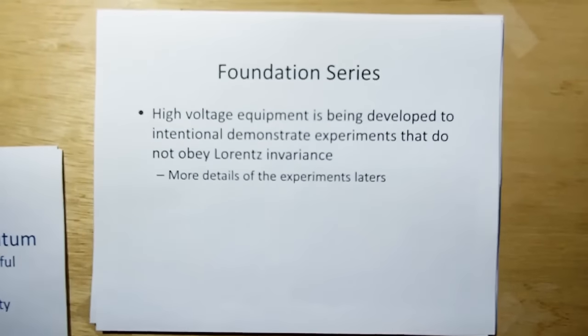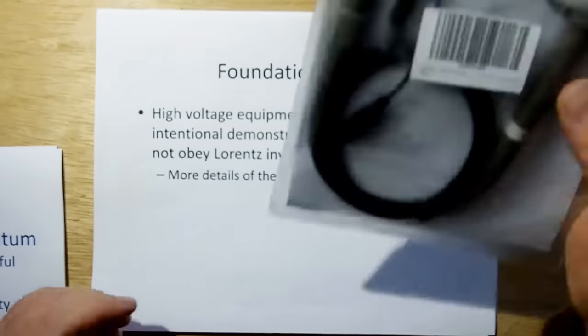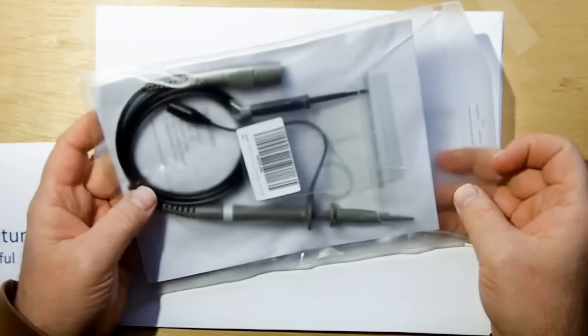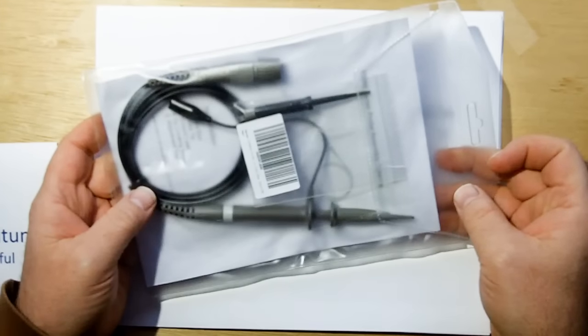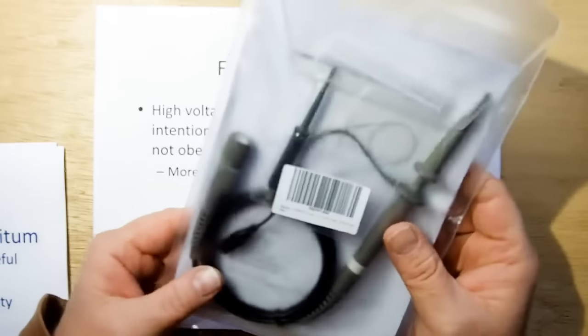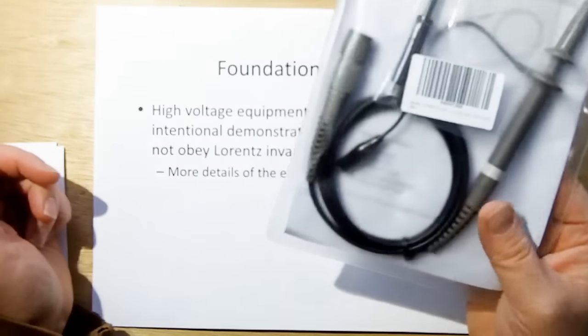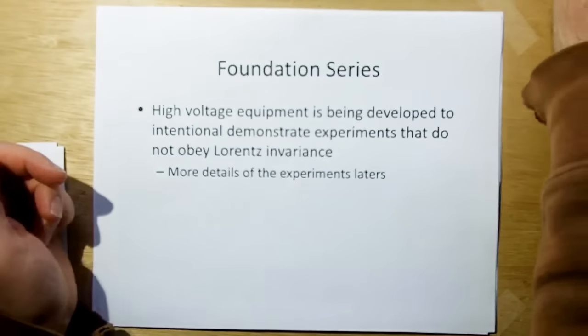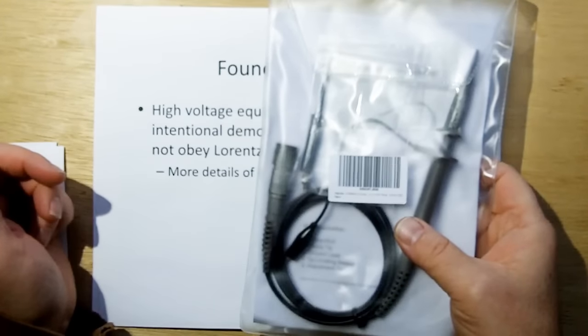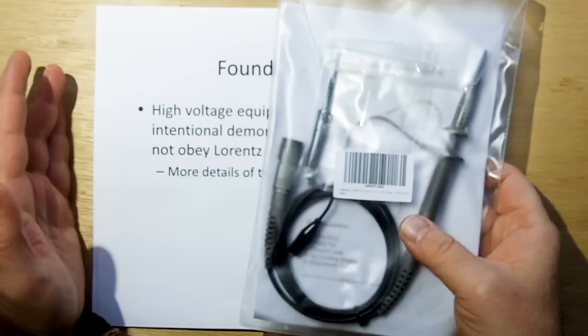And also we're gearing up for high voltage. I've purchased high voltage scope probes. These only do 2,000 volts. I'm going to be developing high voltage scope probes that can do up to 20,000 volts, because our first experiments are going to be in the 10 to 12,000 volt range. So this will only probably get me to the point where I can develop the early parts. I'm going to need the other scope probes to go higher.